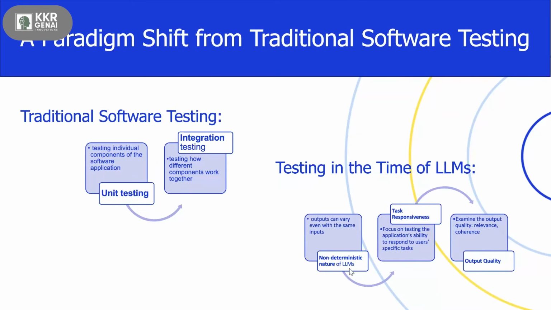Okay, that is what we call the non-deterministic nature of LLMs, and the task responsiveness as well. When you're working on testing, you need to see whether the particular information is accurate or not. That also needs to be verified through task responsiveness in the testing,